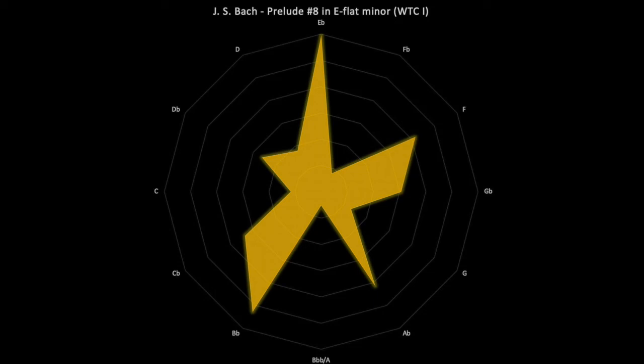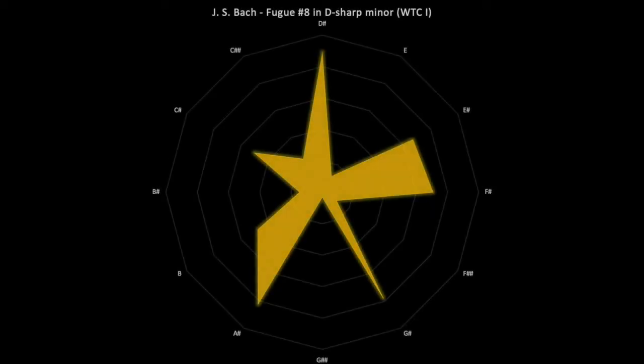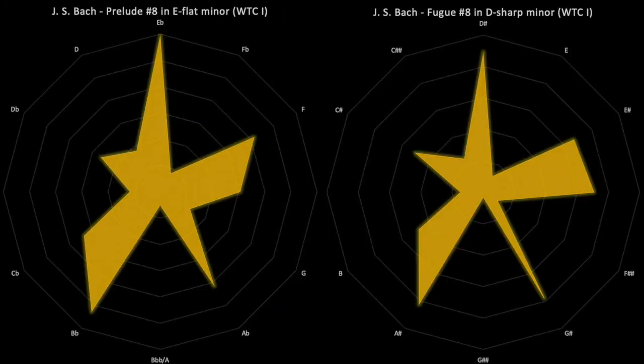And now I'm going to show you the fugue that you just heard. Now it has a very similar look, almost the same actually. Let's put those side by side. Yeah, so you can see that around the 2 and 3 o'clock region, and then the 7 and 8 o'clock region, as well as around the 10 o'clock region, there's a little bit of length. But basically, they're the same picture.